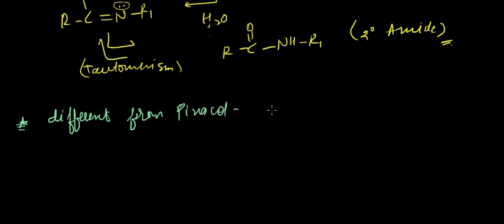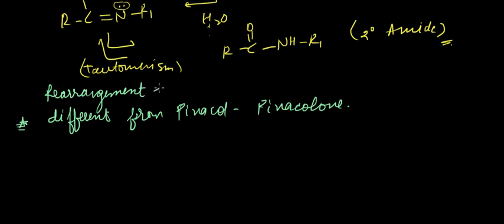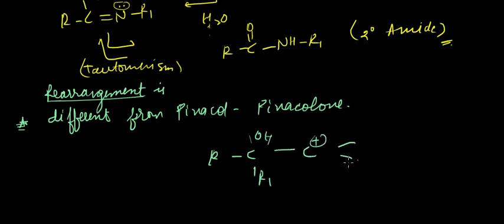So we write that this rearrangement is different from pinacolone rearrangement, as in pinacolone rearrangement we saw that the migrating group would occupy, let's suppose this is the place from which the leaving group is detaching its bond from the carbon atom, and R1, which is migrating towards C or carbocation,